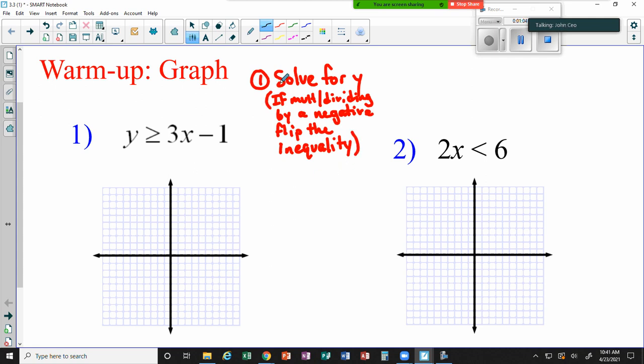One thing you got to remember when you're going to solve for y. Actually, step 2 is determine if it's a